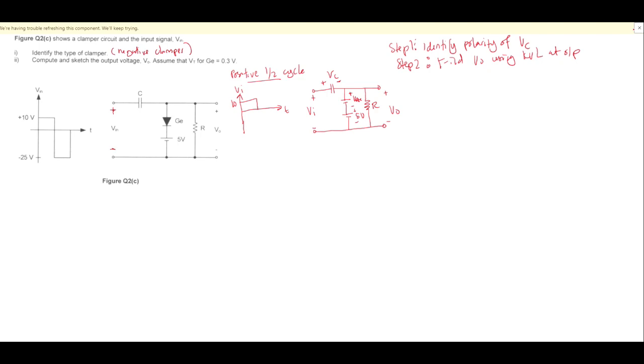So you can draw the loop here. Right here, I make a counterclockwise loop to analyze the output voltage. So I start from the Vout. Kat sini you jumpa negative polarity first, followed by positive, so you can write negative Vout,